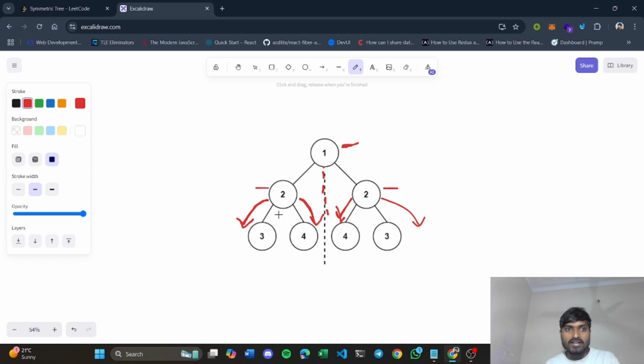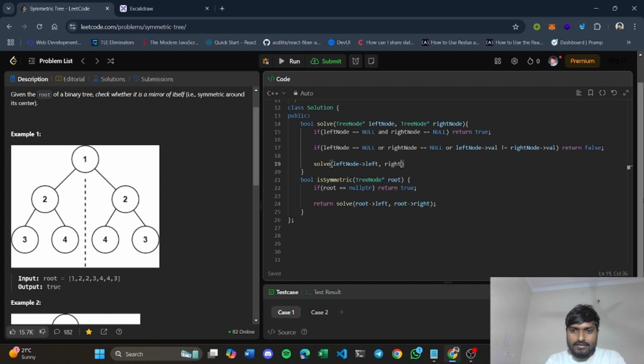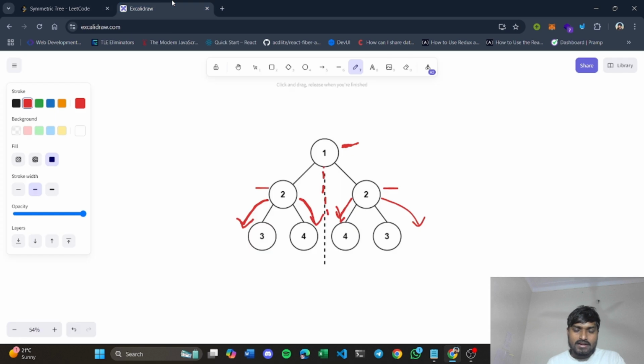So there will be two simultaneous calls. So let's see here. We will call solve with left node left and right node right. You can see here we call for 2's left, and here we call for 2's right.